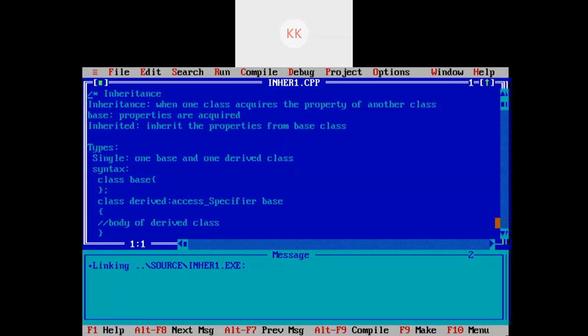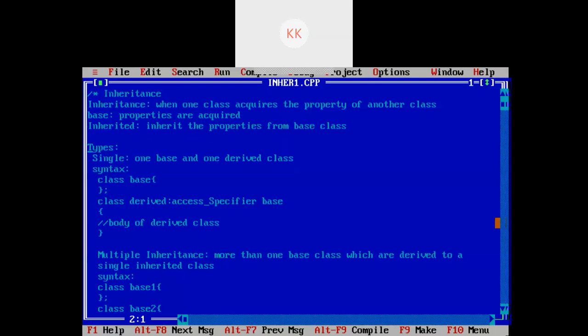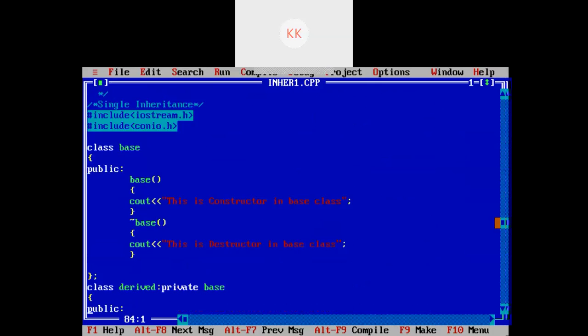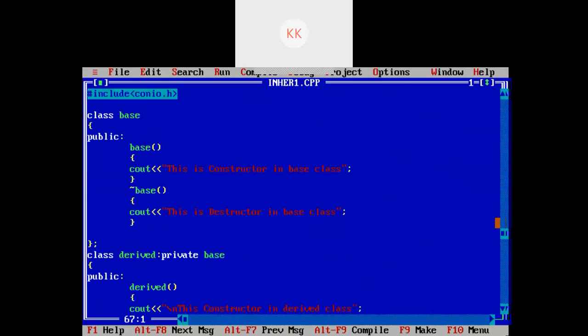Okay, so we have seen how constructors and destructors behave in the base class as well as in the derived class.